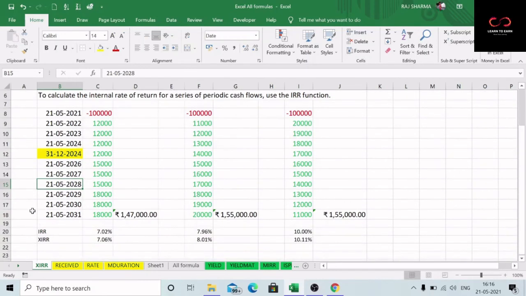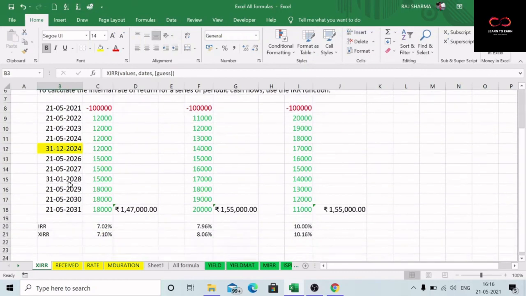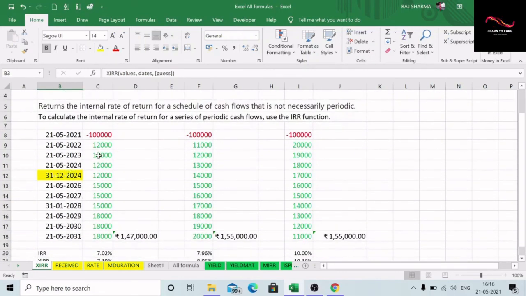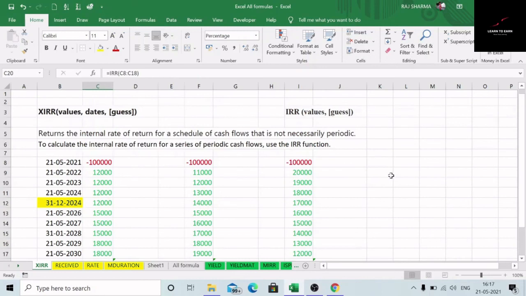Like the second also we can change, instead of 21st May, let us say this cash flow is coming on 31st of January 2028, and you can see the formula is giving us the desired internal rate of return. So accordingly, the XIRR formula gives us a more fair value in comparison to the IRR formula. I will prescribe using the XIRR formula wherever you have cash flows available, whether periodic or not periodic, because the XIRR formula will enable you to change the dates of the cash flow subsequently. The IRR formula will not allow you to change that because it does not take care of these dates. So I hope this formula is clear to you.